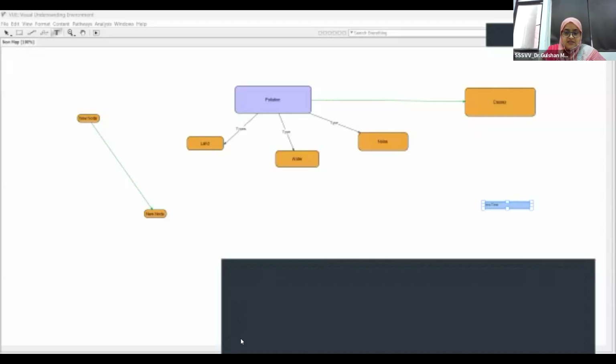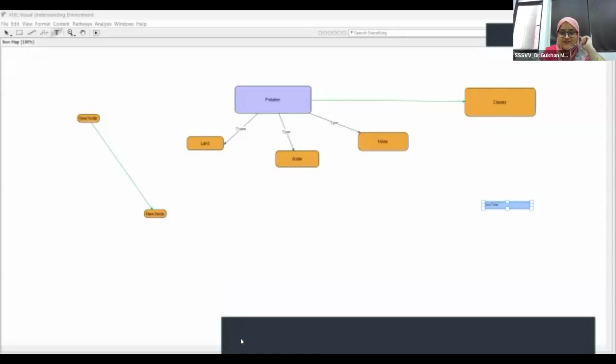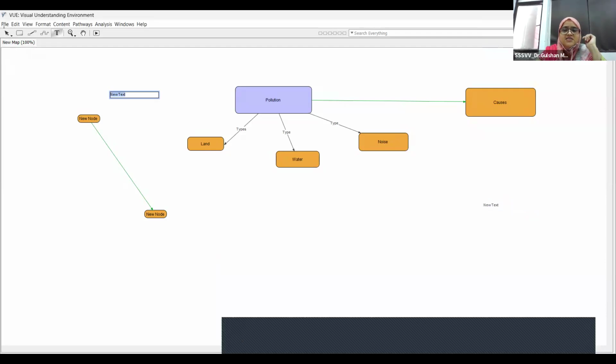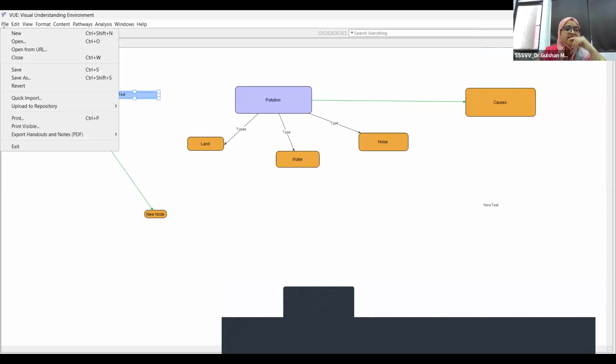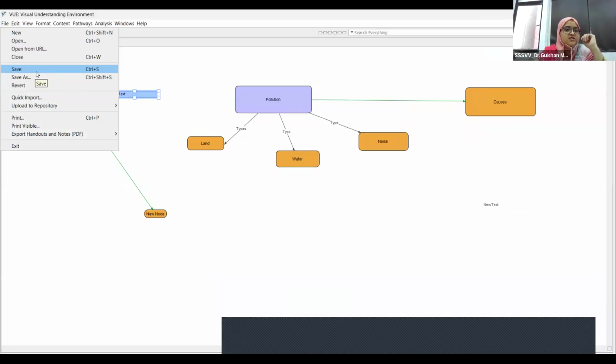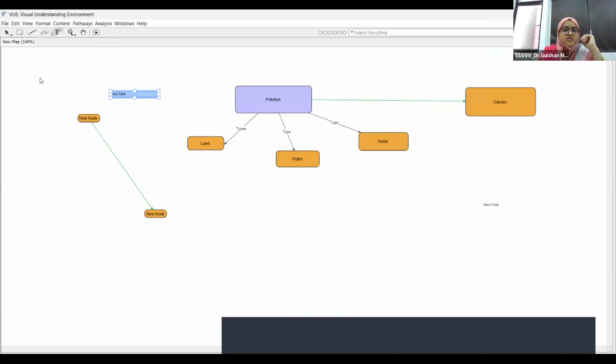Yes, sir. I want to share with you how you can save the file. So we just left that. Again, saving the file is very simple, as you save any creation of yours in the usual manner. Just click on the File option, click on Save. Simply you can save this file, or if you want to rename it, then you can click on the Save As